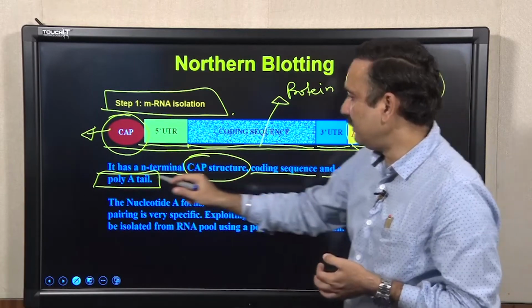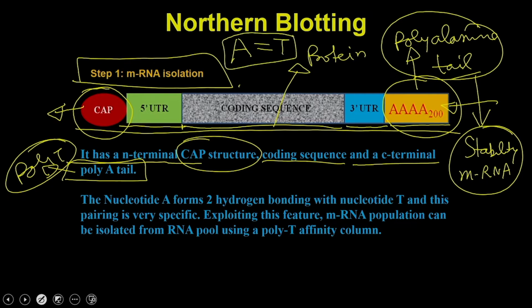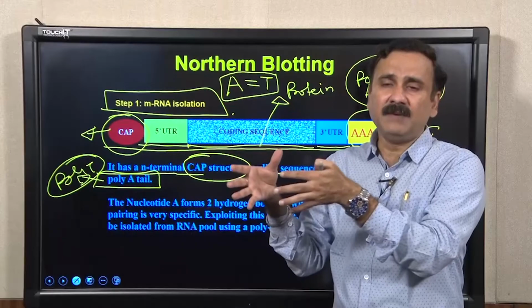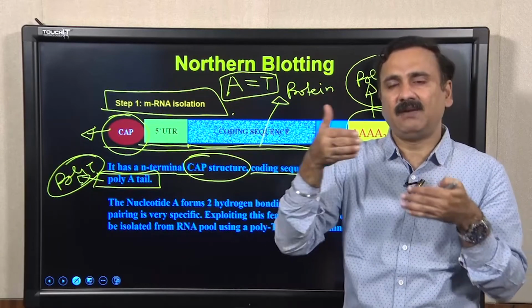So, if you want to purify this, what you can do is you can easily take the poly T DNA or the poly T nucleotides, because you know that the A is always making the 2 base pair with T, and this interaction or this complementarity is very specific. A always binds to T, and so if you take the poly T beads,